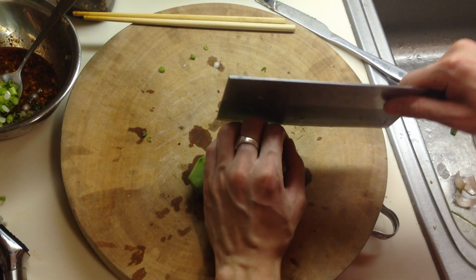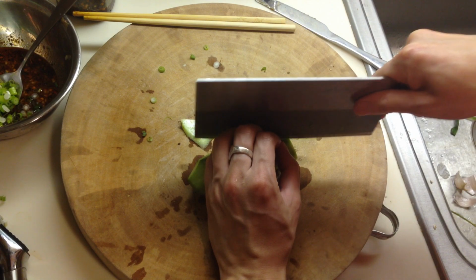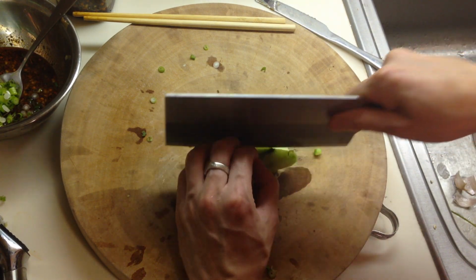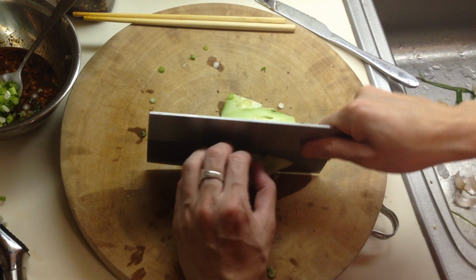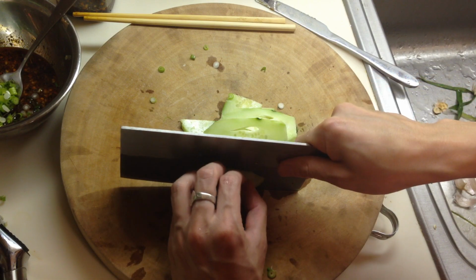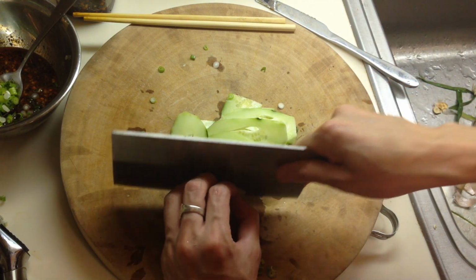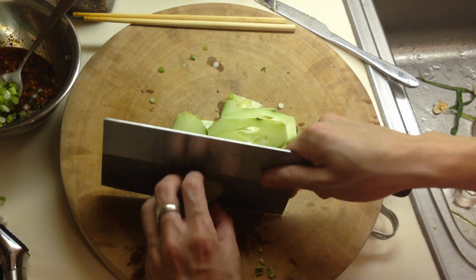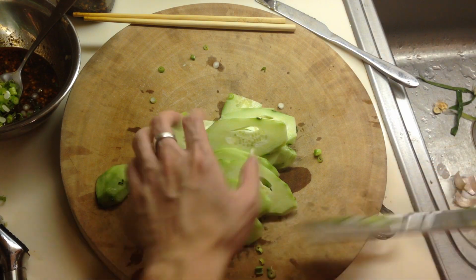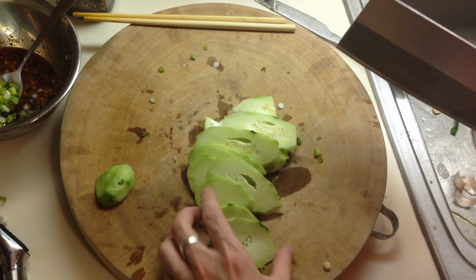And what we do, we want to chop them into strings. It's just like the 炸酱面 video I made. You want them into strings, and to do that you chop them first into slices. About, not too thin, okay? Give it like 3 millimeter thick. It's pretty good. And once you chop them into slices, you go over in this direction and turn them into